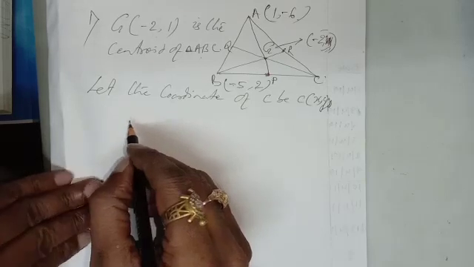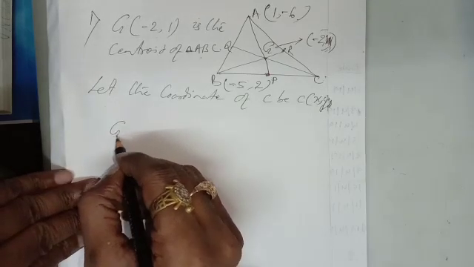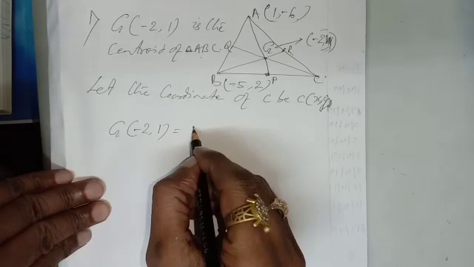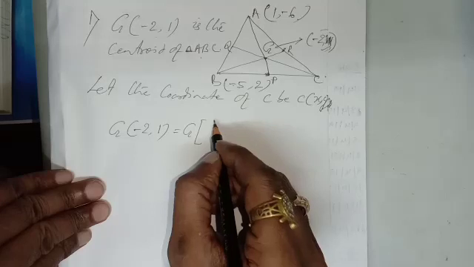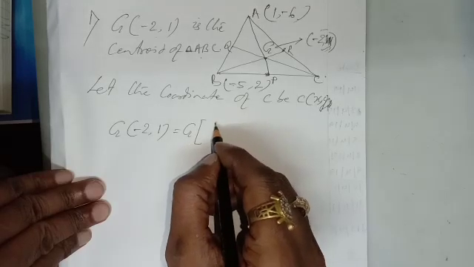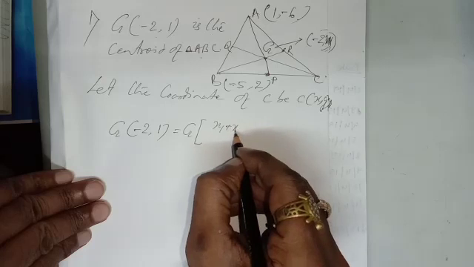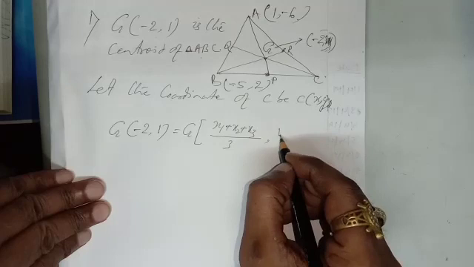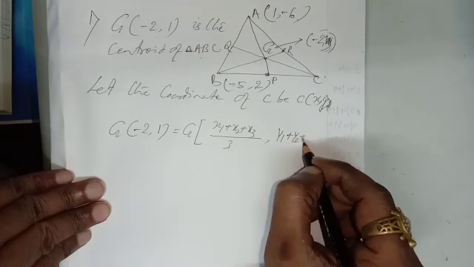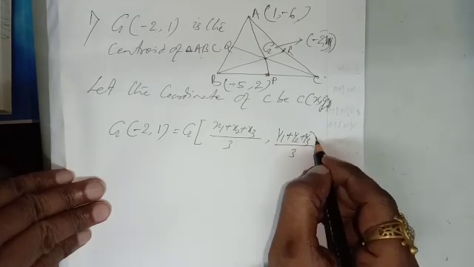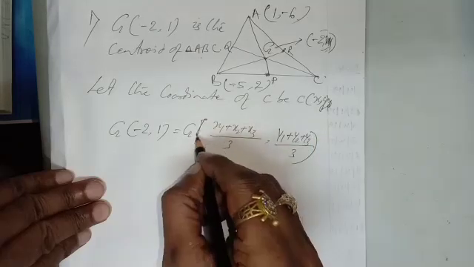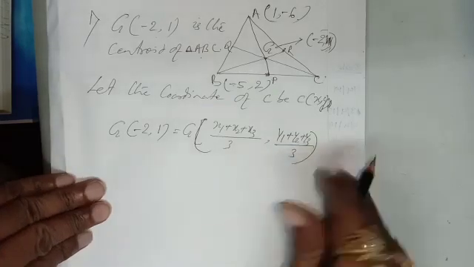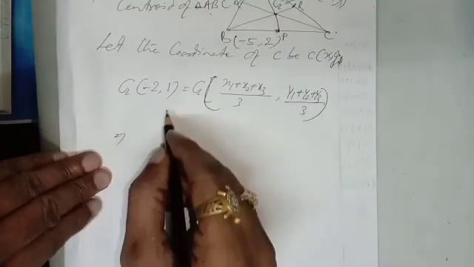As per the formula for centroid, G, the centroid is (-2, 1). The centroid formula is, I am writing, the sum of x coordinates of the three vertices of the triangle, that means (x1 plus x2 plus x3) by 3, and the y coordinate will be the same process, (y1 plus y2 plus y3) by 3. The sum of x coordinates by 3 and the sum of y coordinates by 3. Now comparing this one,